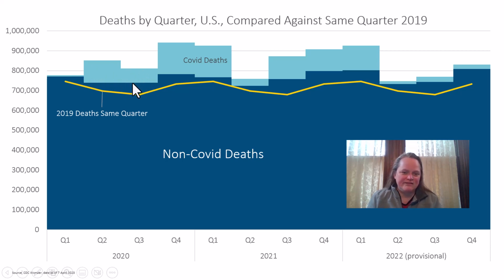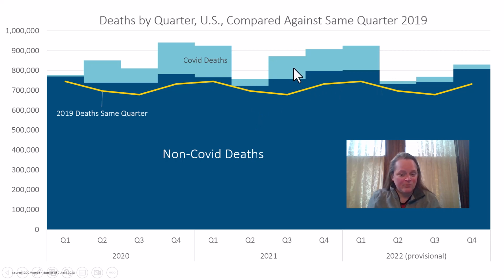And then we had some in that third quarter in the summer of 2020. Then going into the fall and winter, so fall of 2020 into the winter of 2020 to 2021, that's when we saw our first big wave of COVID deaths throughout the United States. But then spring 2021, it's not zero, but there were almost no COVID deaths. We saw that also in 2022. Think about it. So we kept seeing this collapse in COVID deaths in the spring.